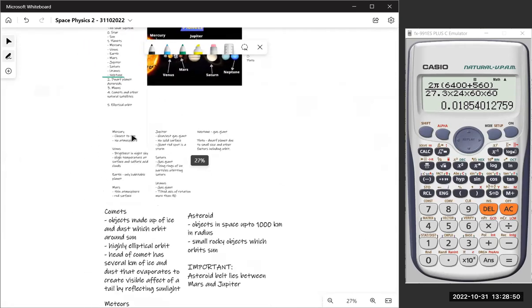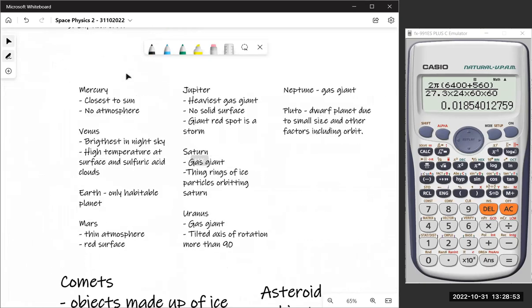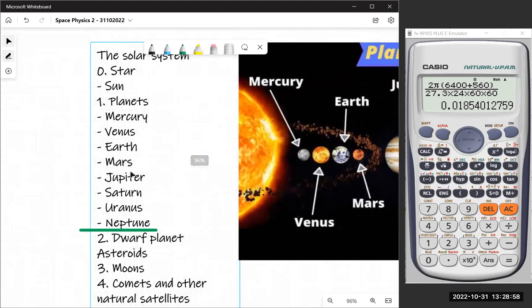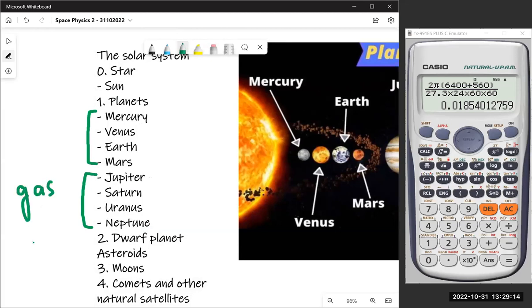Right here, I want you to add one line. Have you written the planet names? Now I want you to do this. Just use these four and make a line like this, the way I'm doing it, and call the last ones gas giants. And the other ones are inner planets. They're rocky. Well, inner and outer. So these are inner. Let's add one more line here. These are inner, and these are outer.